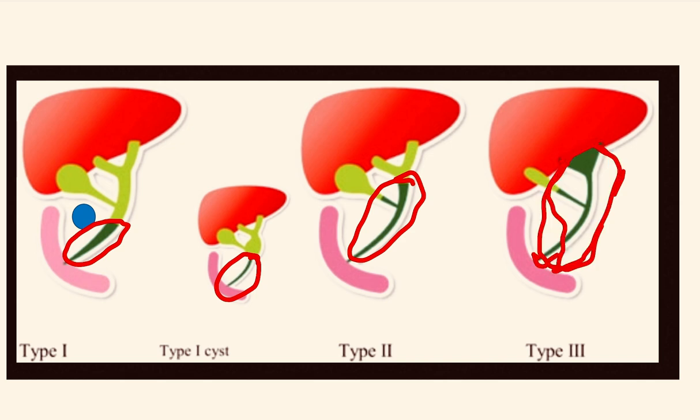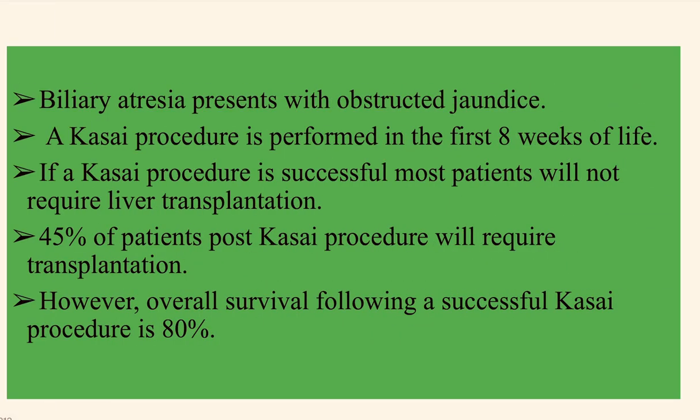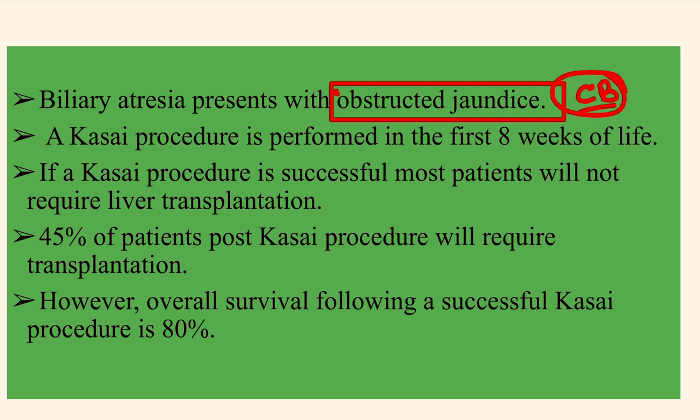So what can we do in that situation? Biliary atresia presents with obstructive jaundice, and the jaundice is usually conjugated. Why conjugated bilirubin? Because glucuronidation is completed: the unconjugated bilirubin is converted into conjugated bilirubin by the glucuronide transferase enzyme in the liver. So the blood level of conjugated bilirubin is increased, and in lab findings, if we investigate, the conjugated bilirubin is increased.